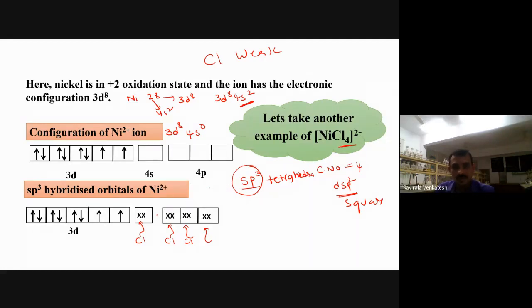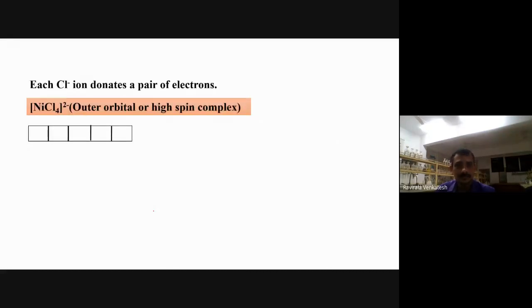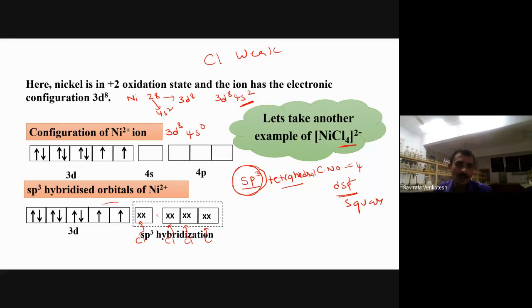No problem. Whoever is listening, see, this hybridization will be sp3 hybridization. The shape will always be tetrahedral. So definitely we get sp3 hybridization here. Now let me show one more thing. When you observe here, you got unpaired electrons. When you have unpaired electrons, it will definitely be a paramagnetic high spin complex compound.